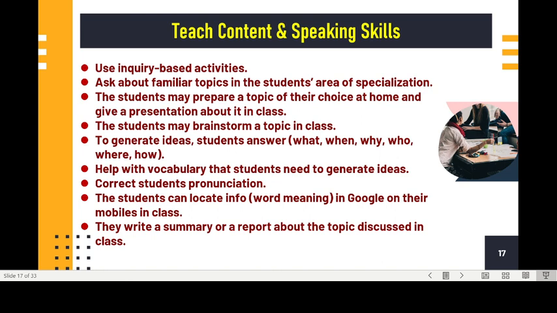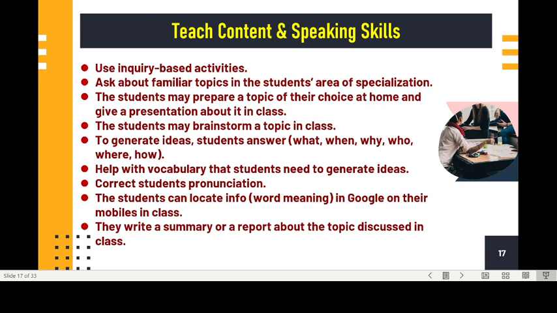For example, once I asked them to give me examples or names of airlines. They didn't know. They only know Uzbekistan Airways. So I asked them to look up some names of, let's say, Russian airlines on Google. I wouldn't give them the names of Russian airlines. They have to find them. Okay, so you can ask the students about familiar topics in their